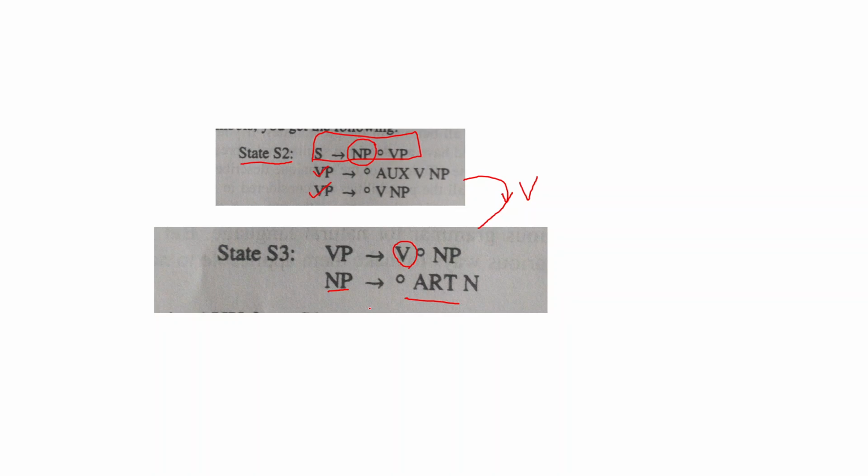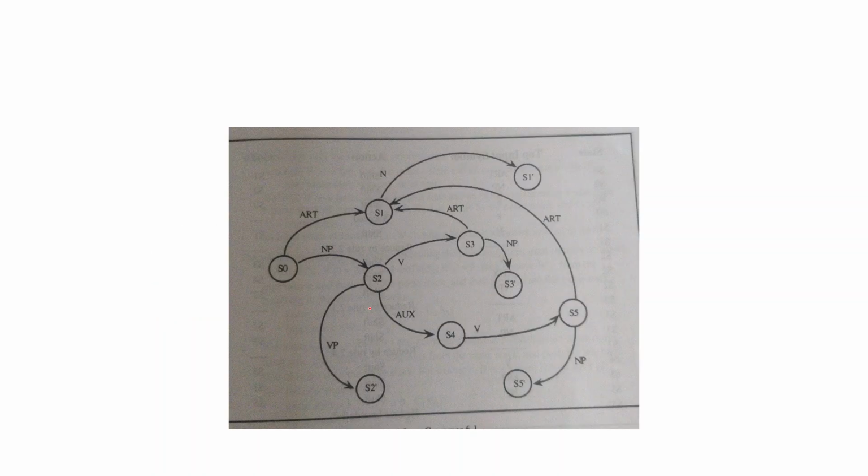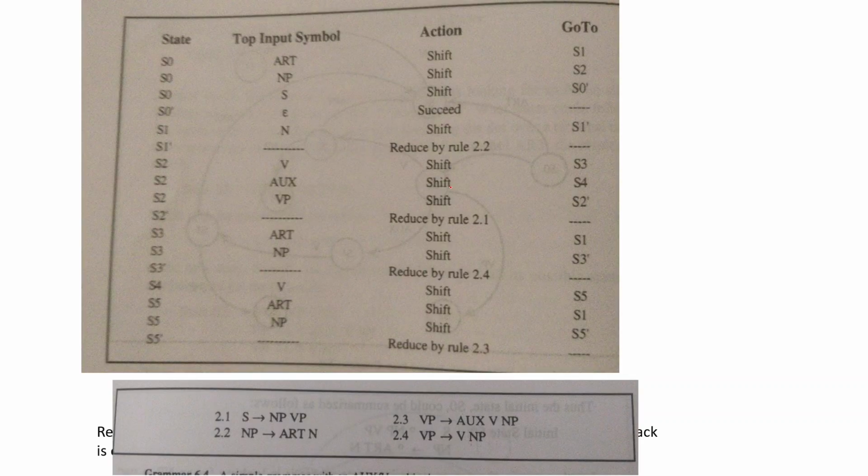So this way you have to construct the whole finite state automata corresponding to the different transitions. Let us look at the picture here. Here we have the different states and their transitions given as a whole picture. I don't think this is a complete picture, but this is what it really looks like. Each of these states contains a set of items, or productions in various states of being processed. Now the state transition diagram can actually be represented as a table, a parsing table, which we will come to.